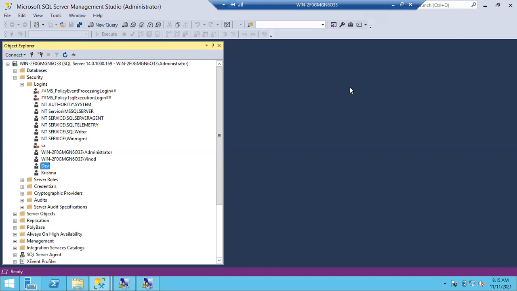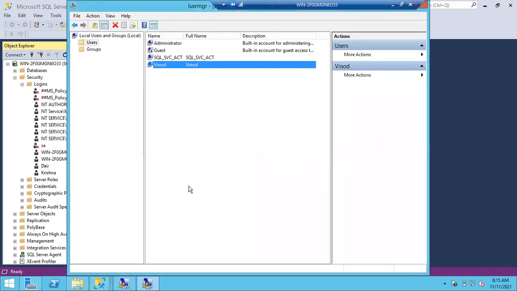Okay, so the Windows team has to create groups either on the Windows machine as discussed earlier or in Active Directory. 100% they will create them in Active Directory only. As we don't have Active Directory set up, I'm creating a local group. So what I'm going to do, guys, let me go to lusrmgr.msc again.